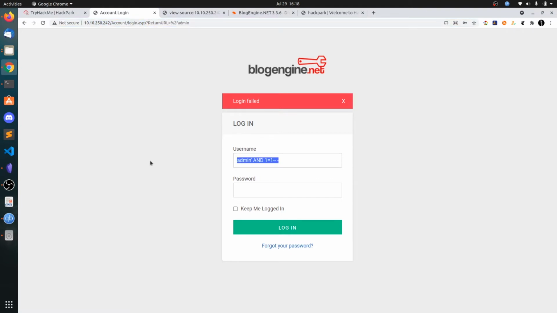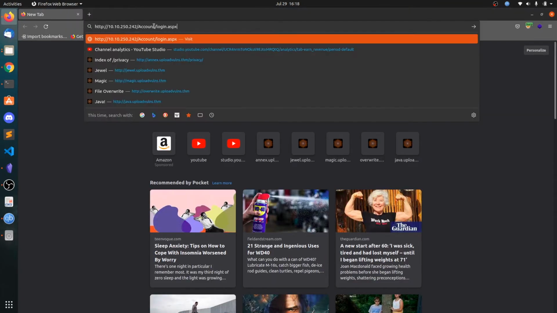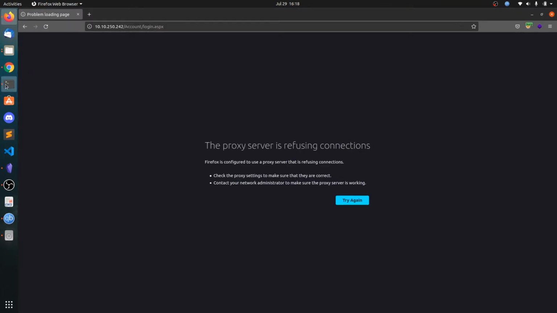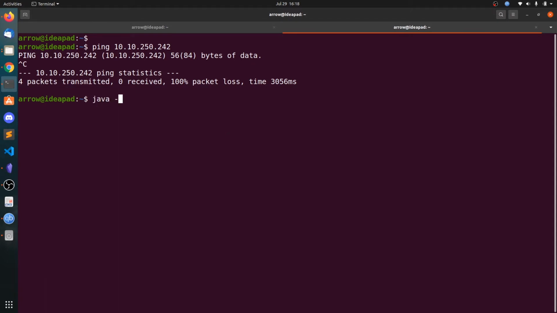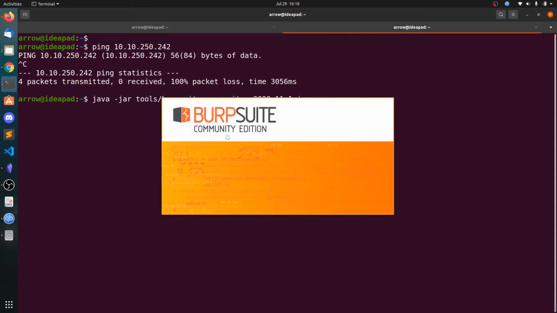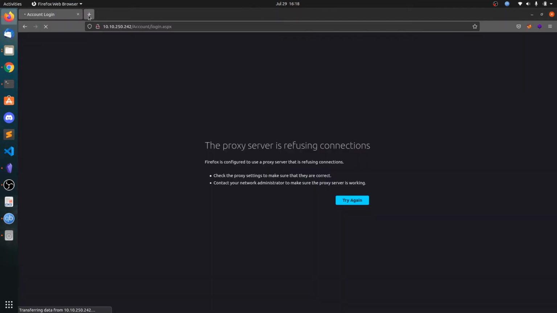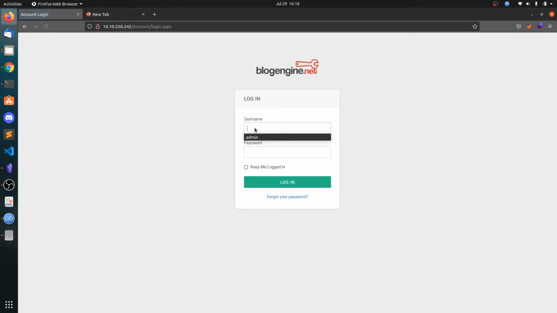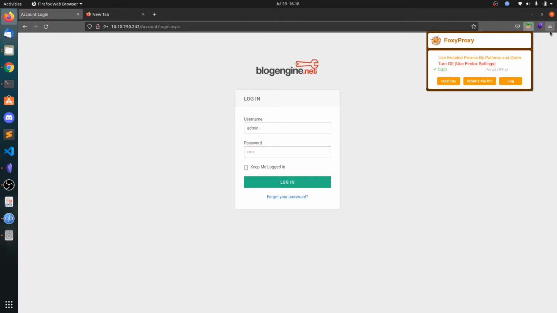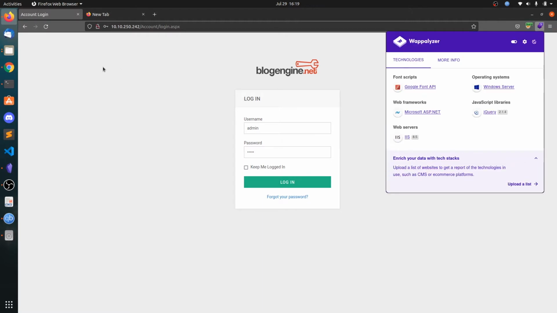Before that we need to capture the parameters. So let's open the Burp Suite. And type anything, admin, and you can also see what technologies are being used to make the website.